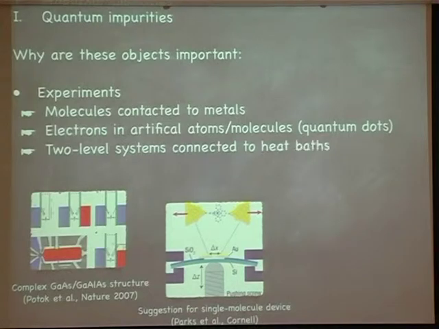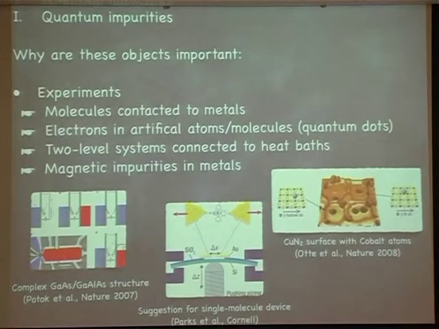And last but not least, there's also the two-level system connected to a heat bath. In the previous cases, you always had a bath consisting of fermions. In this case, the bath would consist, for example, of phonons. So a two-level system connected to phonons, or a two-level system connected to photons, or something of that sort, is also a quantum impurity problem in that sense. There are some possible realizations of two-level systems in glasses or artificial glasses, which show quite nice properties. And finally, and that's the old, yes?